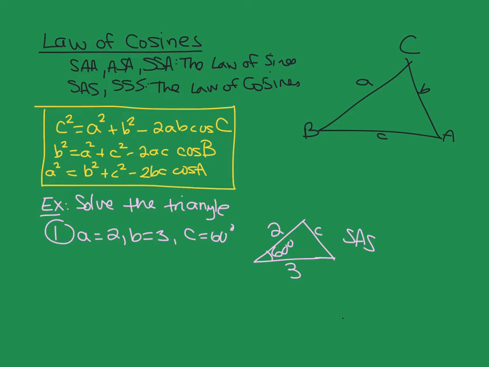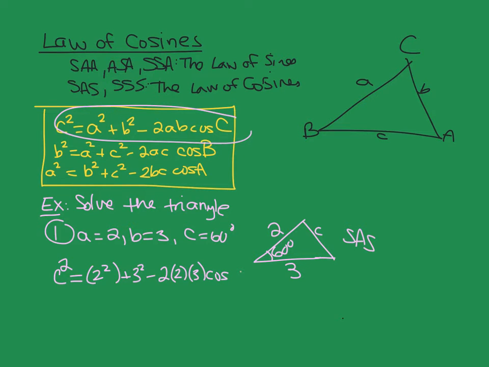In this case, we're going to use the top one because we know the angle C. So the first thing that we're going to be able to find is that side c. We get c squared is equal to 2 squared plus 3 squared minus 2 times 3 times cosine of 60 degrees. Go ahead, evaluate that on your own, please. And this one's nice. When I did it, I ended up getting c squared equals 7,